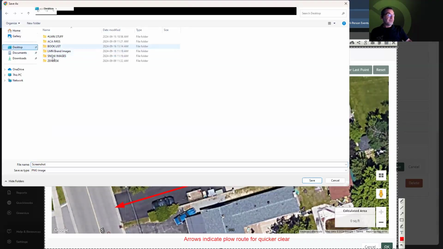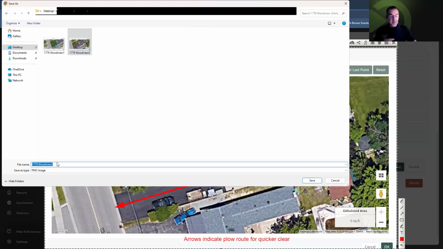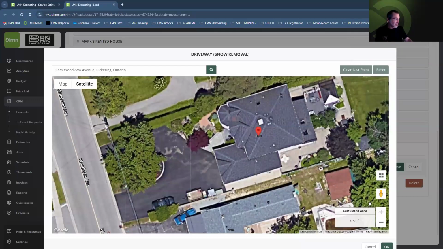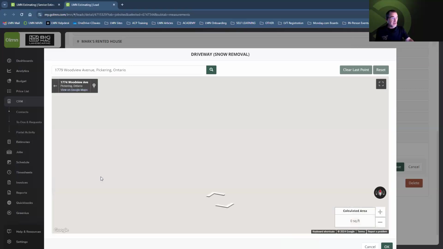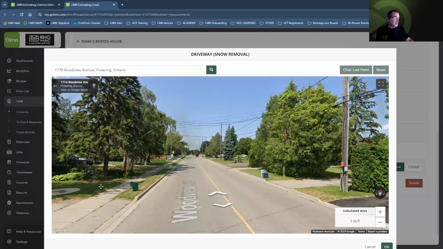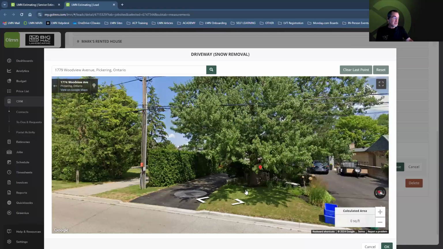Go to my desktop, into my snow folder. And this is now going to be image number 3. One thing I do generally recommend is to make sure you've got a picture of the house. We know that the actual property is correct, but what I'm also going to do is use the measurement tool and take another picture of the actual property itself, which should be